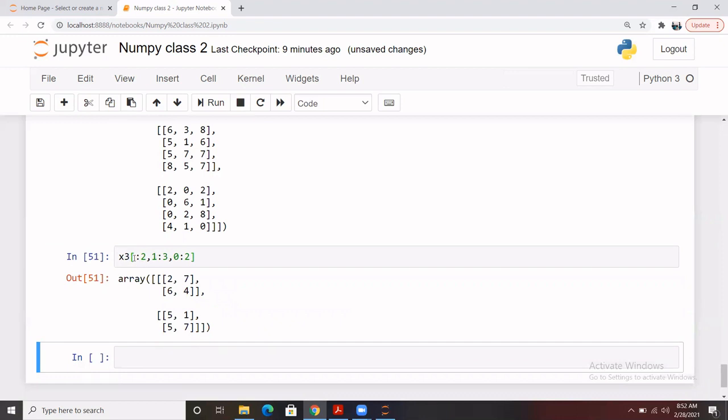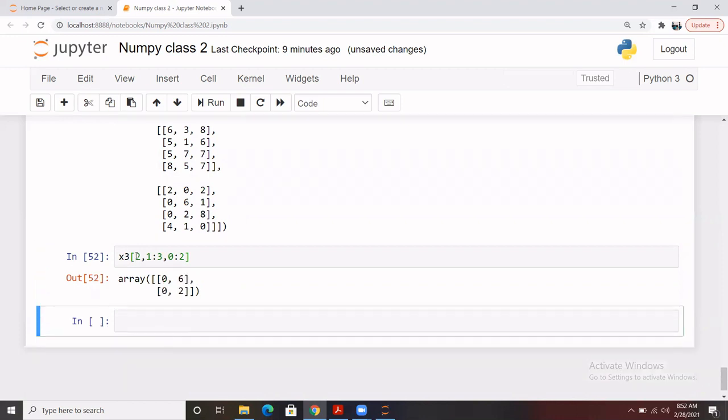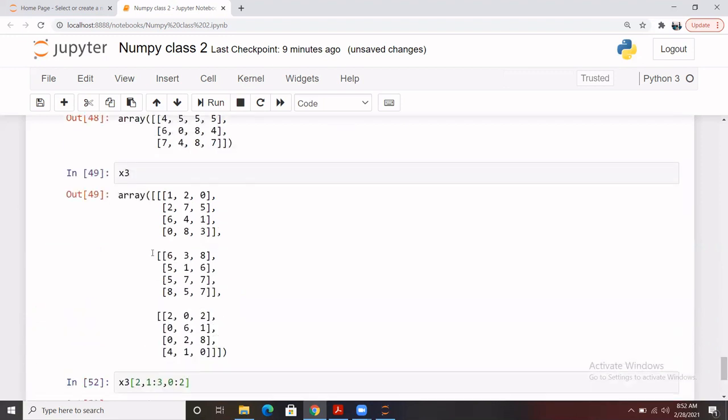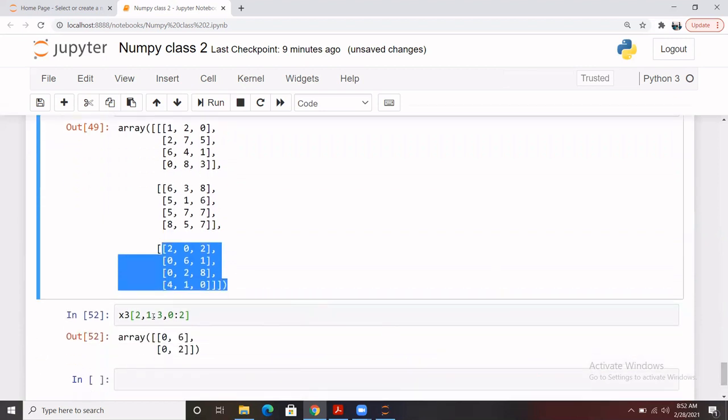So I have given basically the two index, not the entire one. So this is the two index, which is the third array. You see from the upper 0 1 2. So this array, and into this array let me move to the row part. This one is the row part, 1 2 3. So 1, which starts from this second row, 2 and 3 is excluded, so it will take the middle two rows, these two, for the row 1.